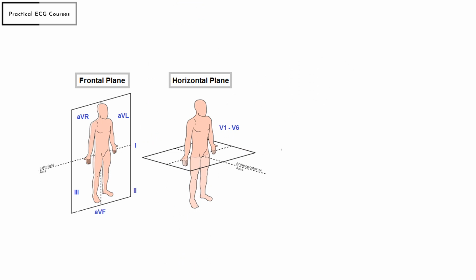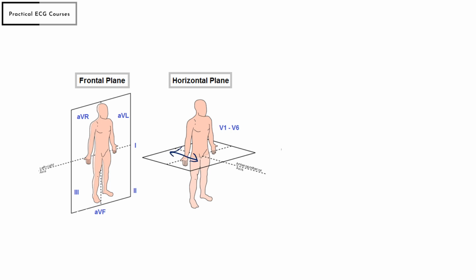So how is this achieved? This is achieved by placing 6 leads in the horizontal plane and 6 leads in the frontal plane. If you consider leads only in one plane, you cannot pick up the vectors which are moving outside of that plane. For example,